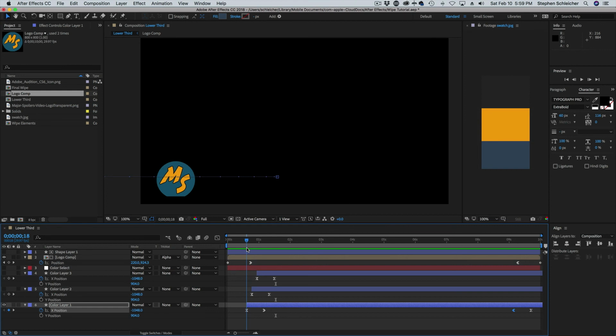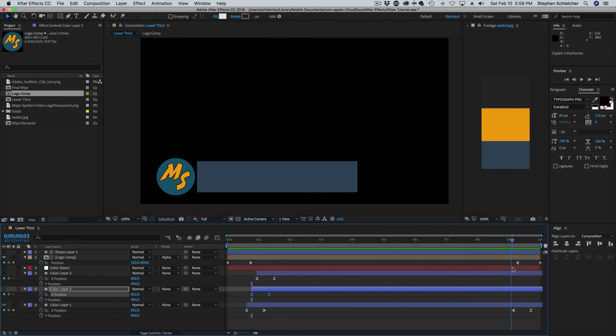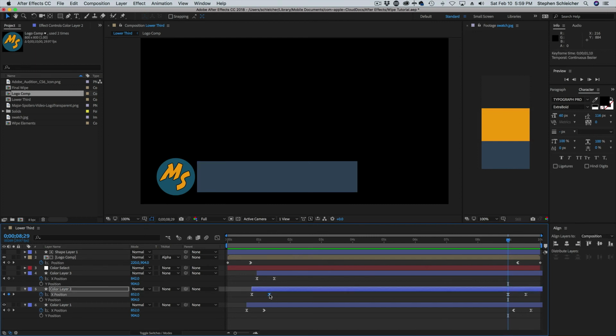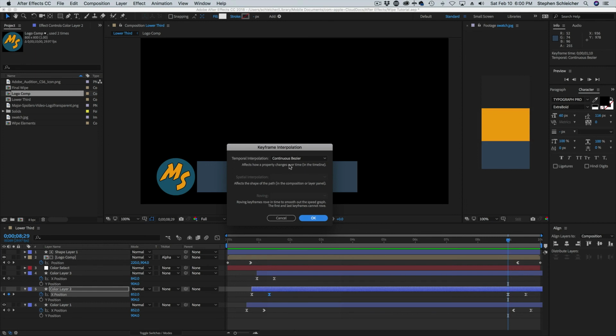So this one is here. 1, 2, 3, 4, 5. And I'm just going to back this one up 5. 1, 2, 3, 4, 5. Paste it in. Time reverse keyframes. Oops. Right click, keyframe interpolation,